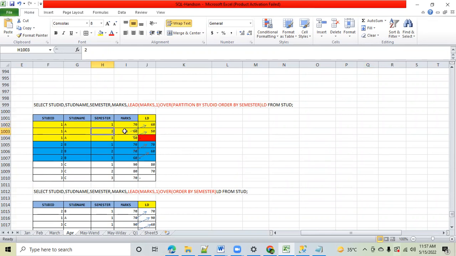So in this case, you will use this lead function. How? The 60 you see, I have shifted here. Now you can compare these two values. If it is the same, it means the marks of first semester and second semester are equal. So here, when you want to do a comparison between 2 rows, actually here I am trying to compare